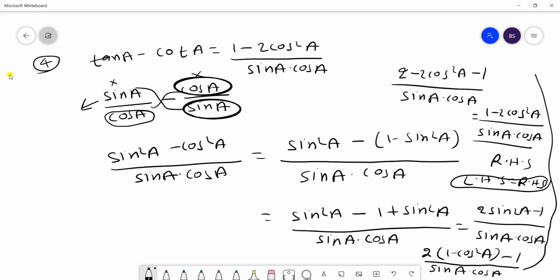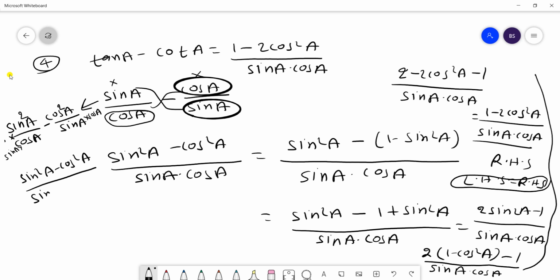But if you don't want to do it here, both things should be the same, like sin a divided by cos a minus cos a divided by sin a. See, if the denominator of both is the same, then the entire math is correct. So above I will multiply sin a, this is sin square a, and here I will multiply sin a with cos a. And here I will write cos square a, and here I will multiply cos a. So this is sin square a minus cos square a, and both have the same denominator, so I can write directly sin a into cos a. So we can come to the same page.